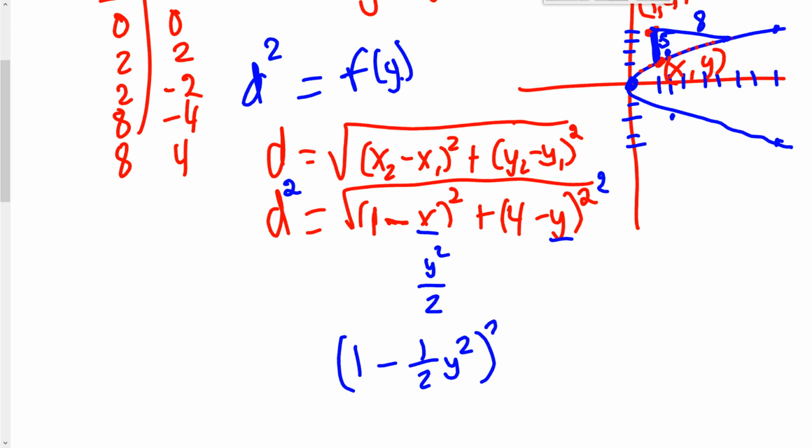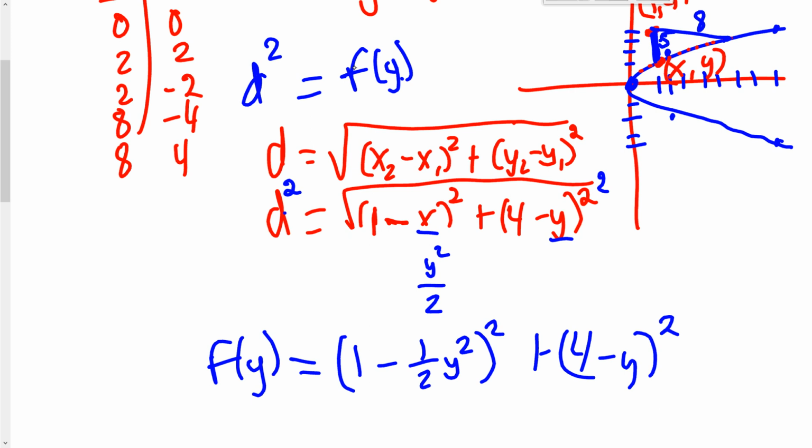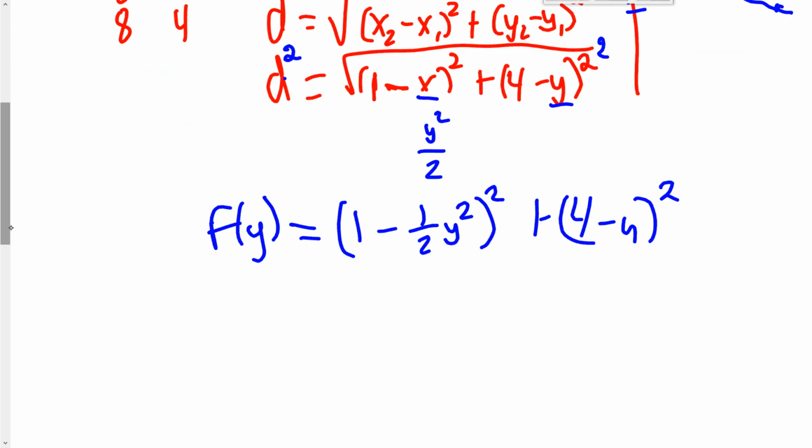And so now I can go ahead and derive this, which is a lot easier now. I mean, I'm still going to have to do chain rule, but it's a lot easier. And we'll just let this be f of y. So d squared is equal to f of y, and I do y because it's in terms of y here. All right? So now when I derive this, it's a lot easier to derive. I still have to do chain rule because